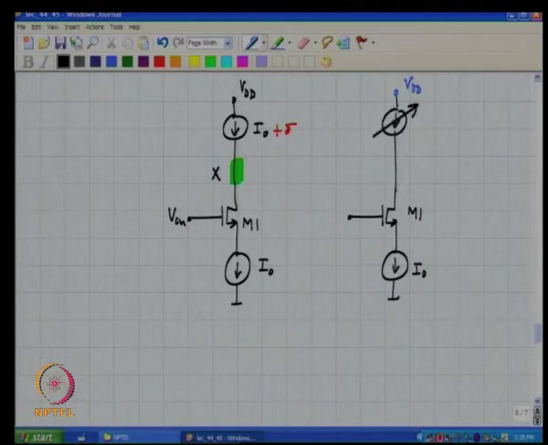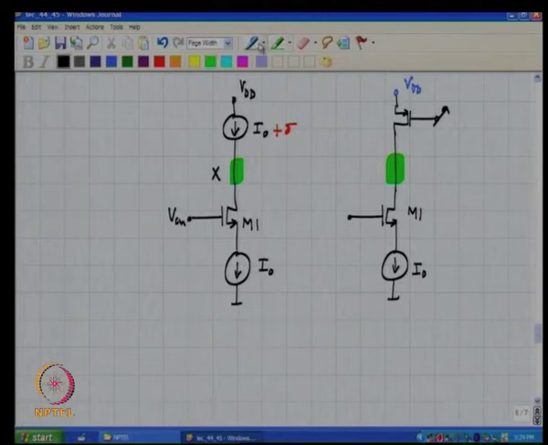So, what is the simplest way of doing this? A PMOS transistor, and this is the control port, and you want to make sure that this node potential is constant,